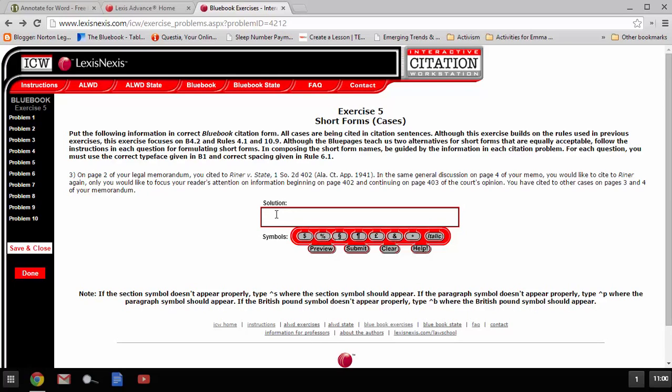We have a choice for Reiner versus State. The rules tell you, B4.2 again, that when you only use one party name in a short form citation, use the name of the first party unless that party is a geographical or governmental unit or other common litigant. Here the first party is Reiner. However, if the first party had been State, we would still use Reiner because it is a government entity. So Reiner, and then let's italicize that, and then comma and a space,